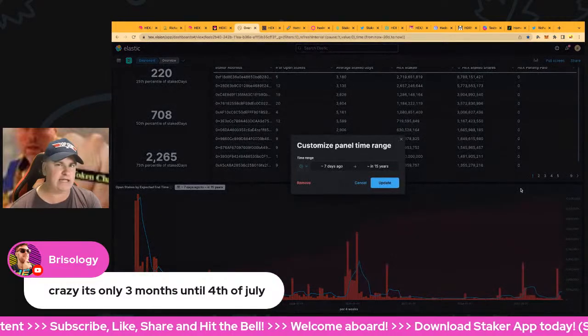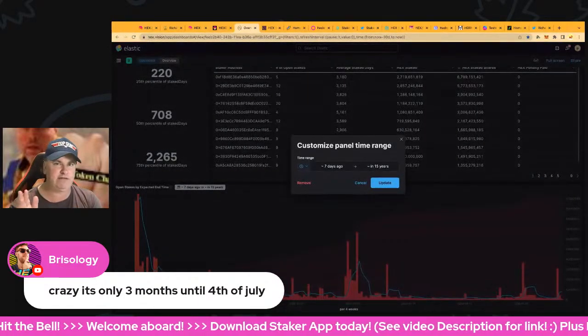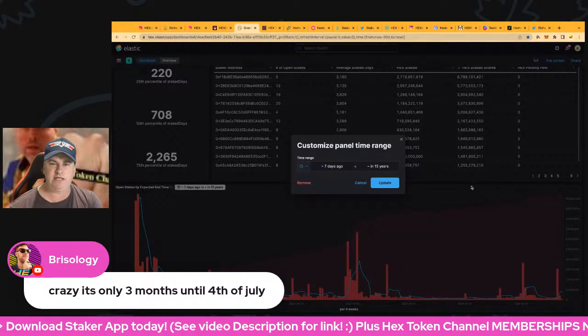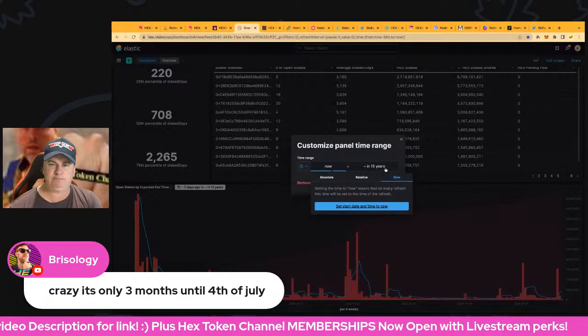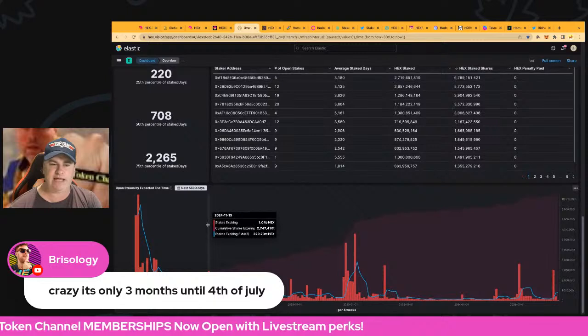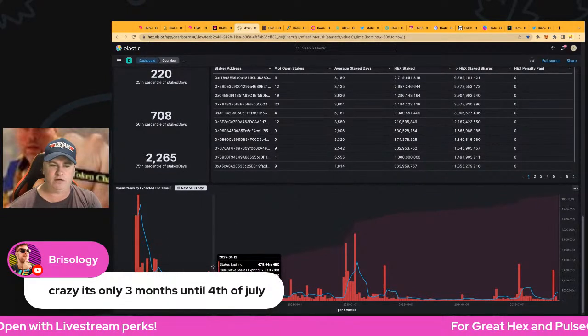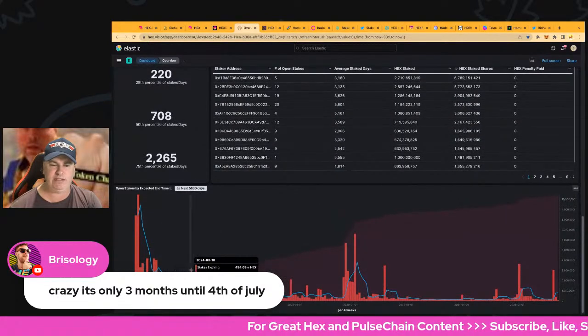If you're going to do a staking ladder, that means making many investments over different time periods. Maybe make a stake every 6 months or a stake every year into the future. Then this is a great way of doing it. And what I suggest you do is stake in between the big candles. So you've got these big candles of people that have staked a lot of Hex at these particular times. What you could do is stake in between these candles